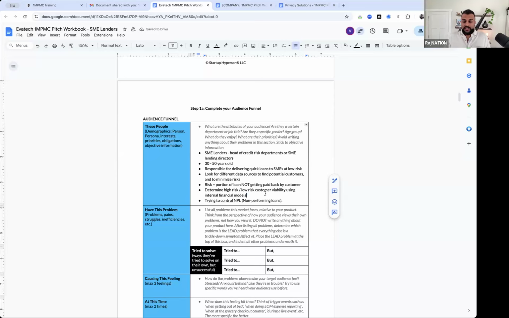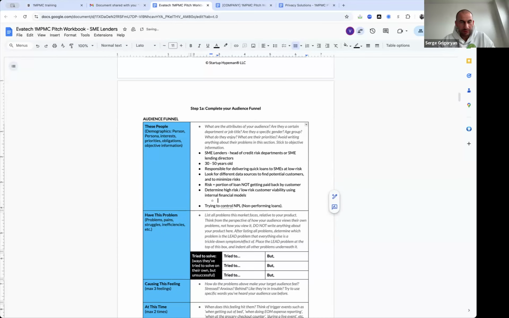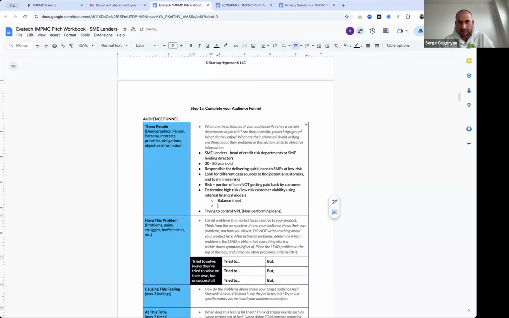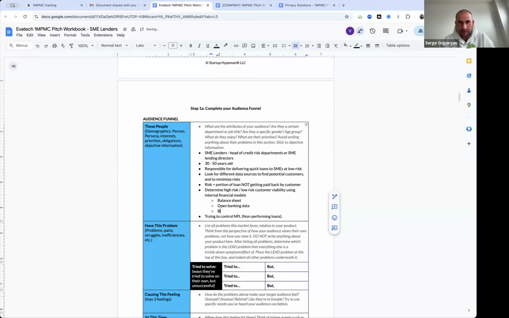But let's say I need to go to them to get a loan. What is their financial model going to be assessing to determine if I would qualify or not? Generally they would ask for your balance sheet. If you are in a country where they have open banking, they will request open banking data. They might request your bank statements.